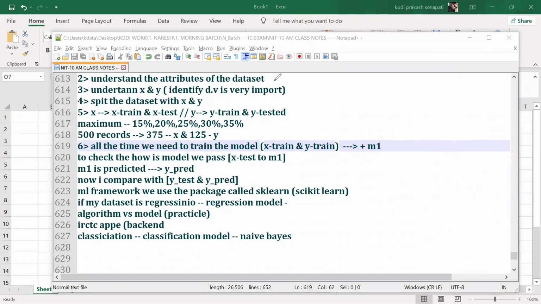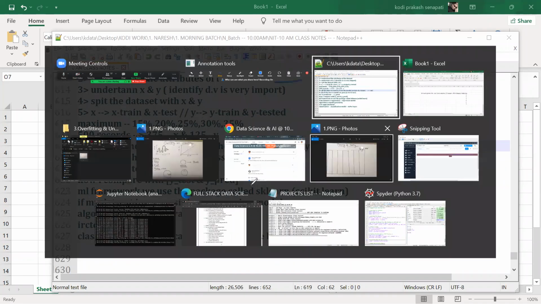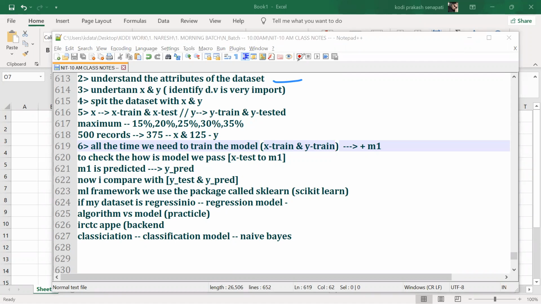Did you see this? Understanding the attributes of the data set is very important. Online team, are you clear? This is called overfitting. Let me write it down here. Fitted too closely in training is also called overfitting. Whatever limited knowledge you have, I don't know if you're right or wrong, but give me some time. I will come back, then things would be clear.